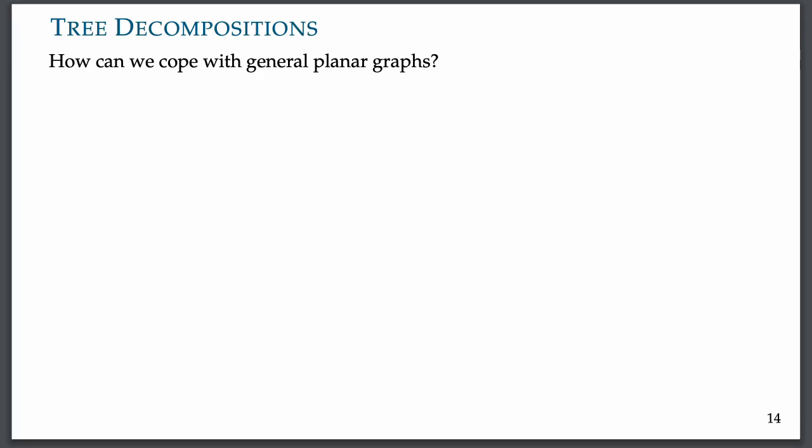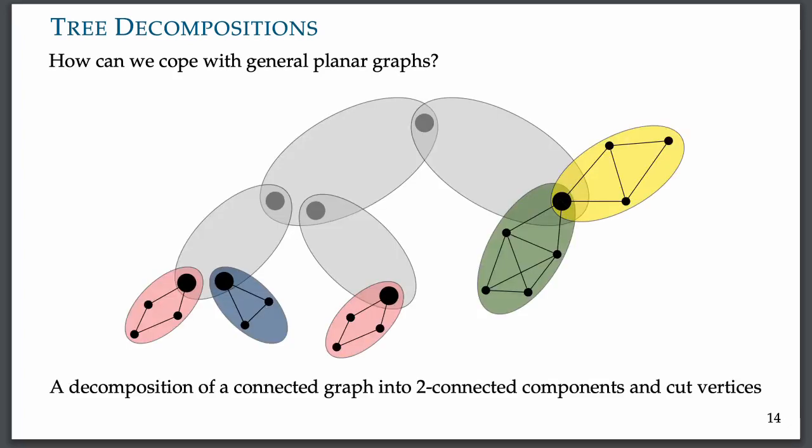A useful tool when the graph structure is too complex is to deal with parts of the graph separately. So we decompose the graph into certain components, these gray shapes that you can see here, and deal first with the components and then combine them to deduce results for the entire graph. Here is a picture of a decomposition of a graph, and if the decomposition, so the object formed by the gray shapes, has a tree structure, then we can start by identifying the leaf components and storing information about their